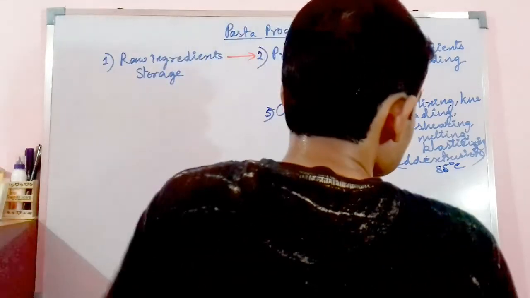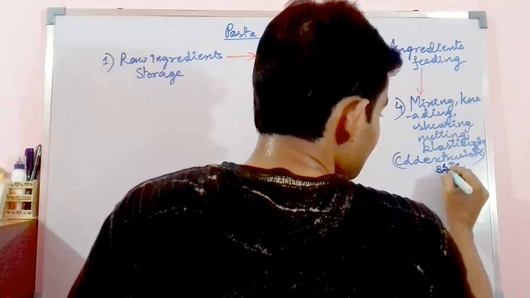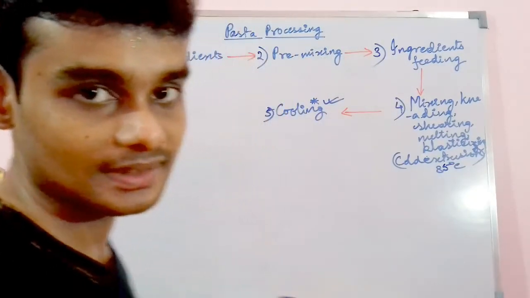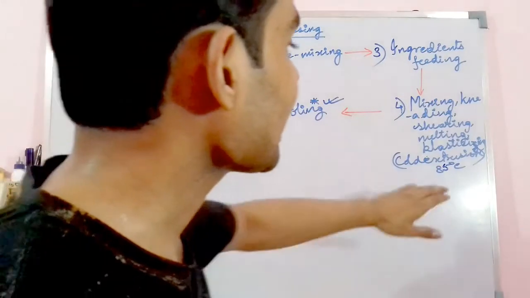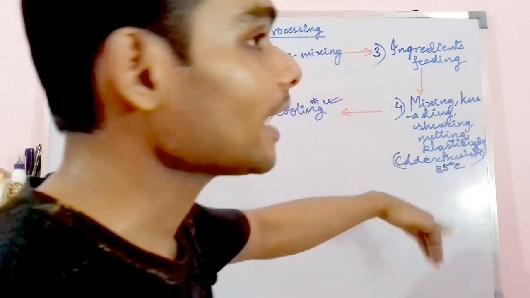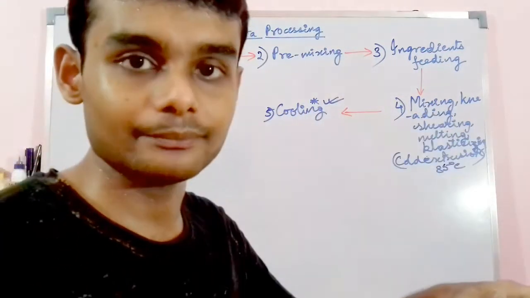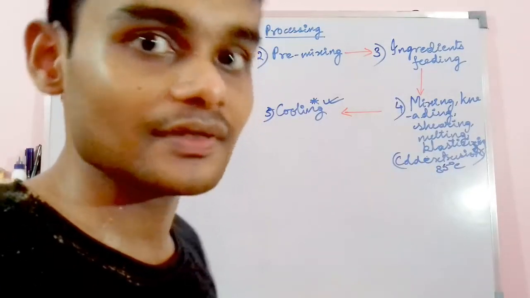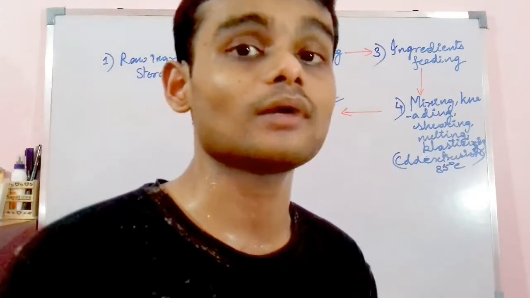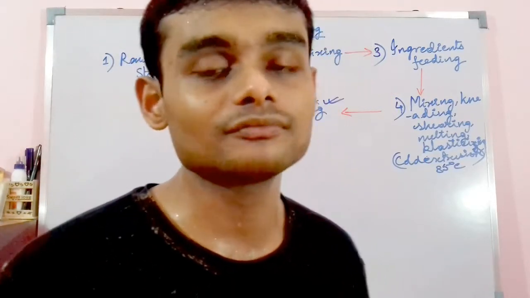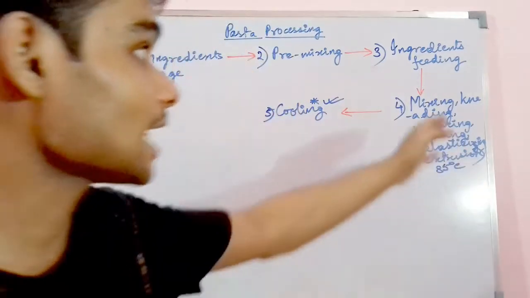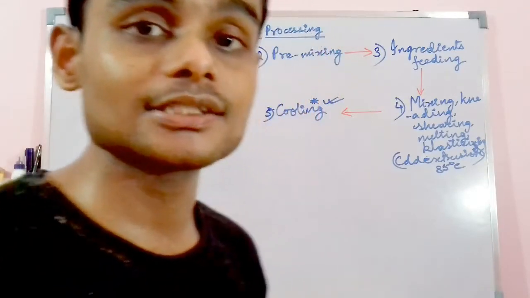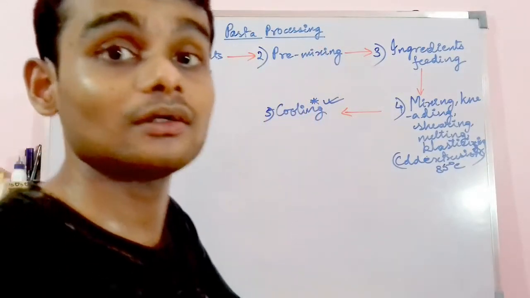Now, why is the temperature so low? Why is the temperature so low specifically in case of pasta processing? Because 85 degrees Celsius is the standard temperature to be achieved in cold extrusion. Often the temperature might rise above 85 degrees Celsius. It might rise up to 100 or 120 degrees Celsius depending upon the time of kneading, time of extrusion, that is, time of the shearing, melting, pasting, for how much time the entire extrusion process is happening.